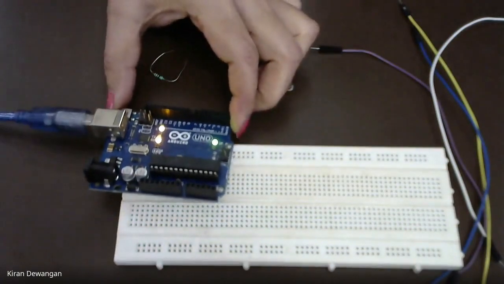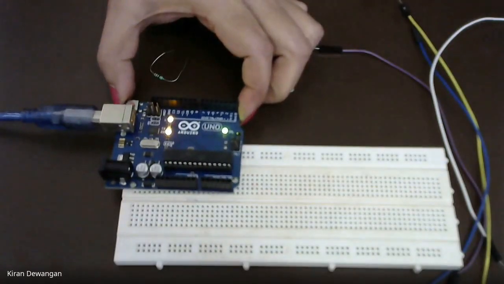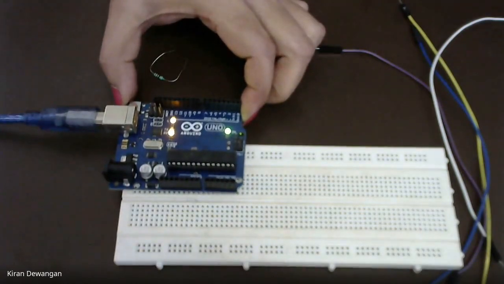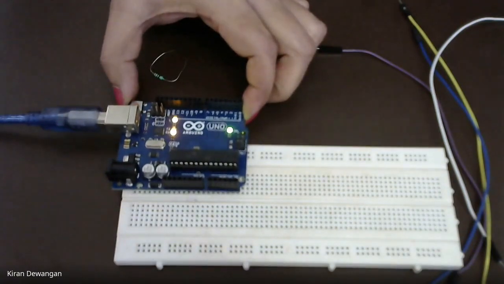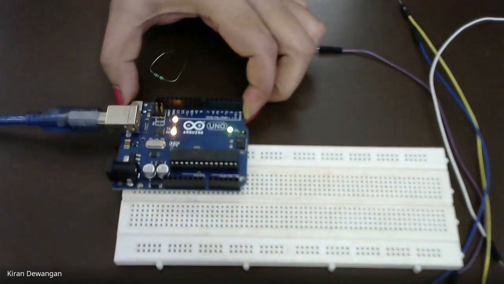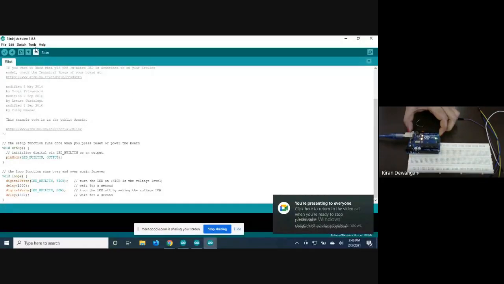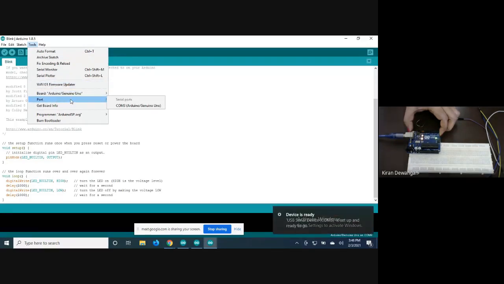Let us just check by the code. मैं जो कोड है मैं उसी को रन कर रही हूँ. Let me just share my screen again. बोर्ड सेलेक्ट, इसलिए शेयर कर रही हूँ स्क्रीन का. So this is the screen. As we have already discussed that we need to select the board and then we need to select the port also. Port it is showing COM3. COM3 को ही हम select करेंगे.